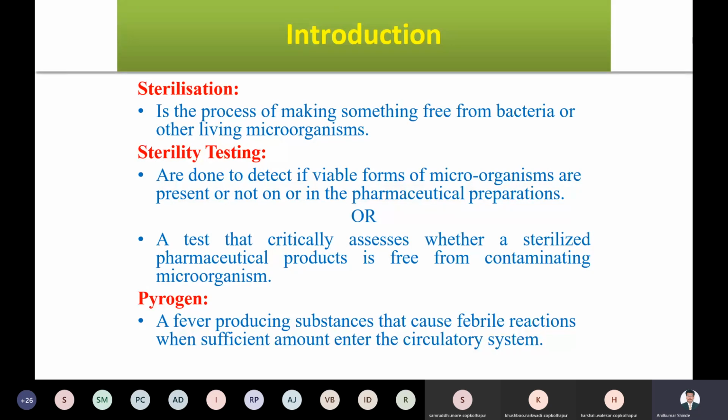So whether your product has viable forms of bacteria, fungi, or yeast in it or not. If you are using any devices with your formulation, the devices can also be used to